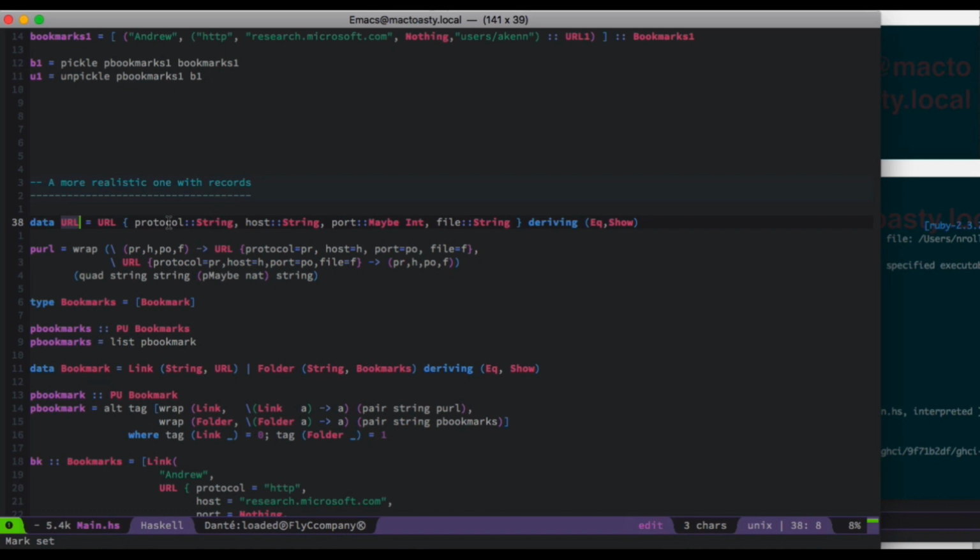And that allows us, when we have some more specific data structure, like here we have a record, a URL, and the record URL has the essential information, those 4 bits of information, which we will encode, we will serialize as a tuple with 4 components. So we're using the quad combinator applied to string, p-maybe-nat, string, which are those 4 things are themselves a Pickler combinator, which are packed together with this higher order